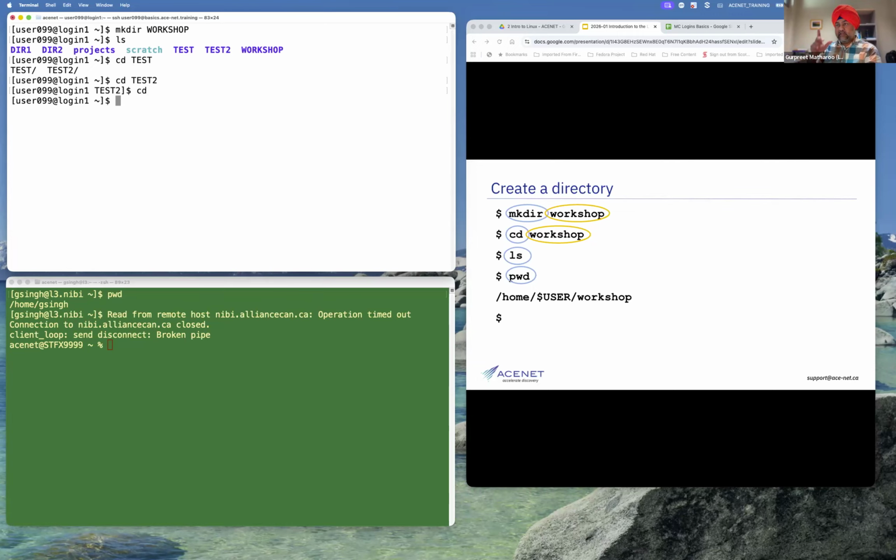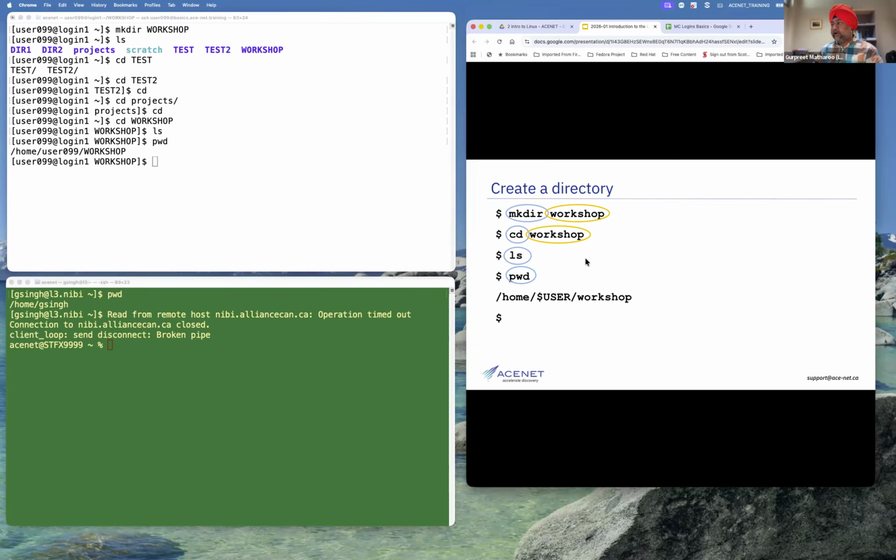Let's try with one other thing. You can use this with any command. I type just P here and press my tab key, and it's going to complete it for me. This is called tab completion. Go back one step once more. cd .., tab completion, right? So let's go back to this workshop thing. So workshop, and then press enter there, and then if you do ls, there is nothing here, and pwd obviously is going to illustrate the whole path again. It's kind of a revision of what we did, right?